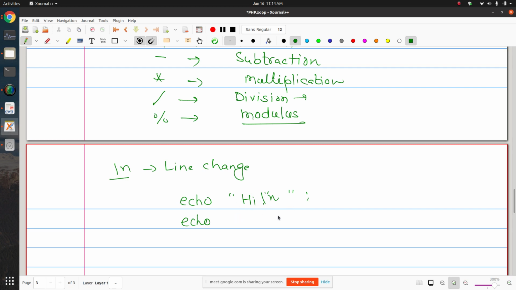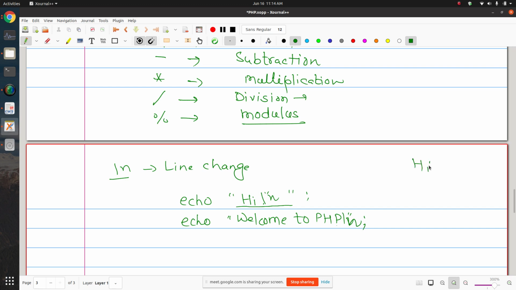Then you have to use the br tag there, and let's say welcome. Another message is welcome to PHP. If you put slash n there and slash n there, then this output will be displayed like that.